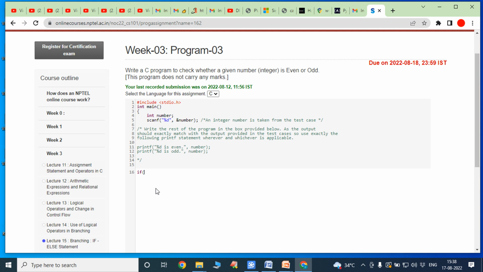So the logic is, if number modulus operator 2 equal to 0, that means the given number is divided by 2. Once we get the remainder value 0, then we can say that, so printf